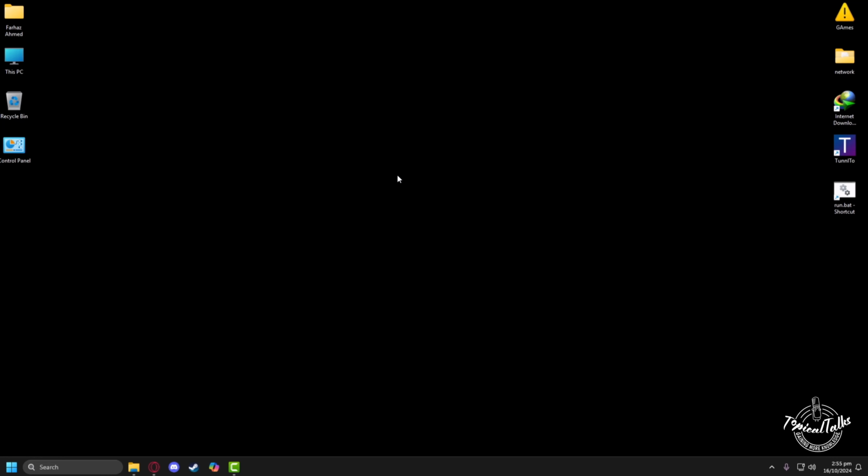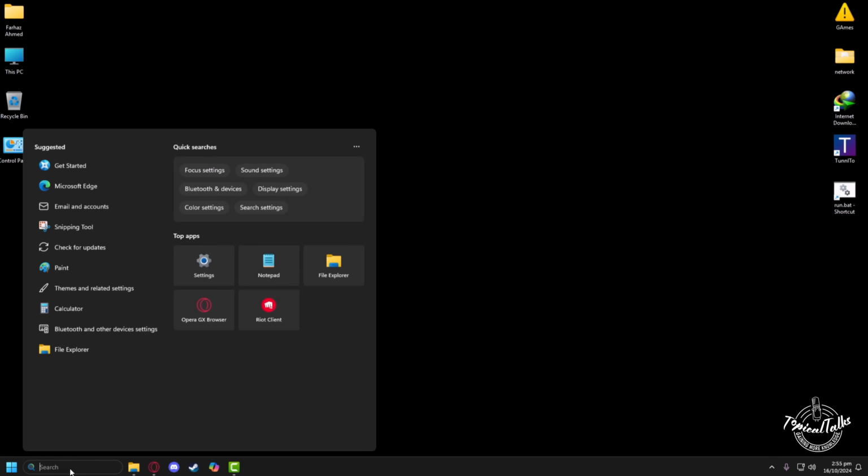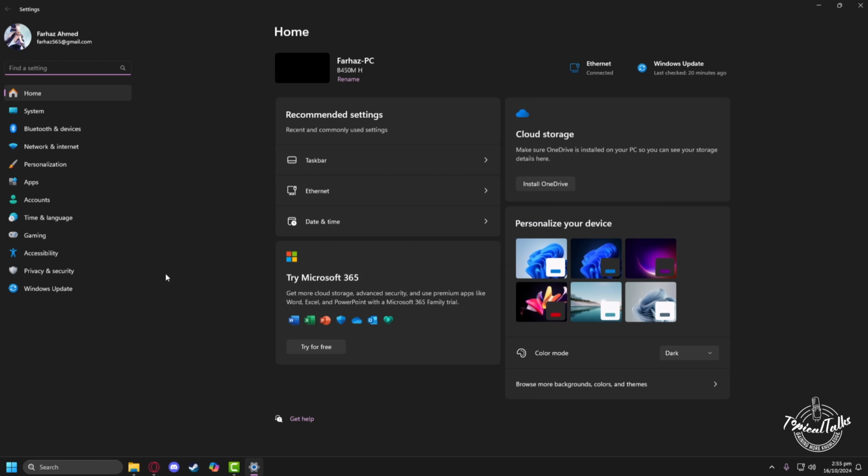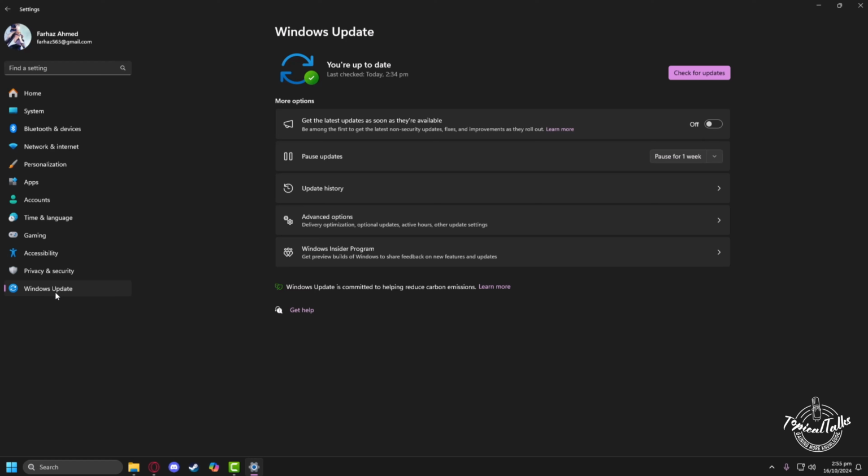In order to do that, head to the search panel of Windows. From here, search for settings, then click on open. After that, head to the Windows update section from the left hand side of your screen. Now in here, if it says you are up to date in the Windows update section, that means your Windows